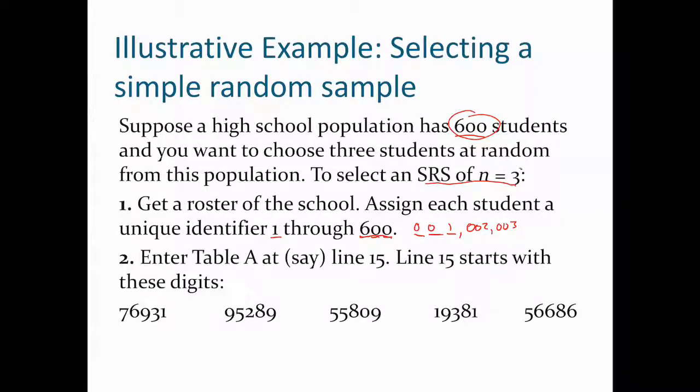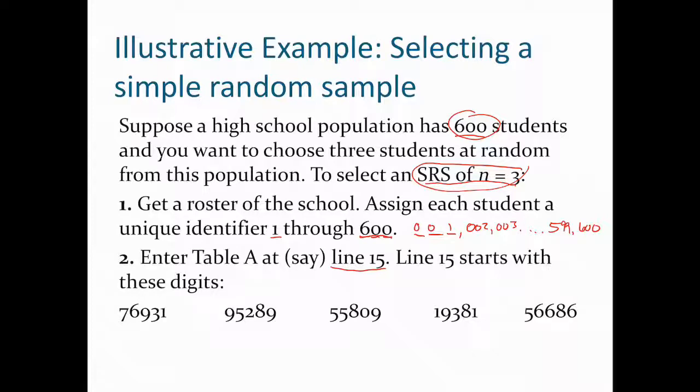And we want to pick 3 of these students at random of the 600. So this is going to go all the way to 599, 600, and that would include all the individuals on that list, and we want to pick 3 of them randomly. So part 2 then would be go to Table A, and for our purposes, we're going to select line